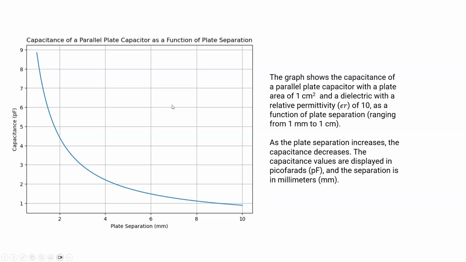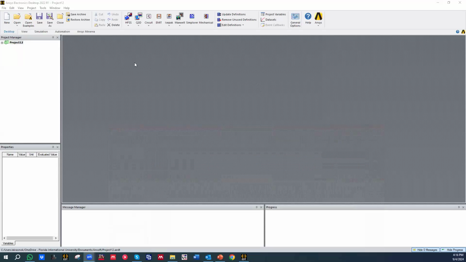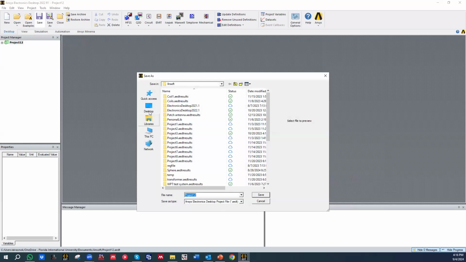And we will compare this result with the result that we obtained using the classical formula for the capacitance of the parallel plate capacitor. To do so, we open ANSYS Electronics Desktop and create a new project here and save